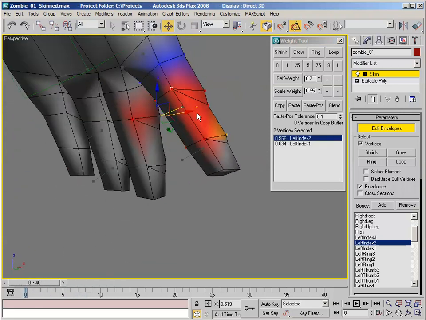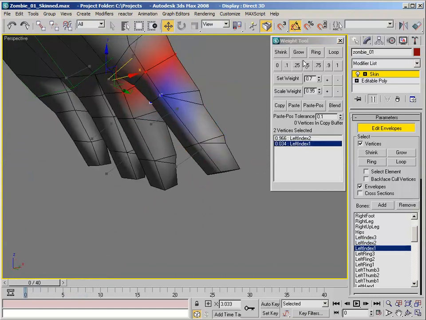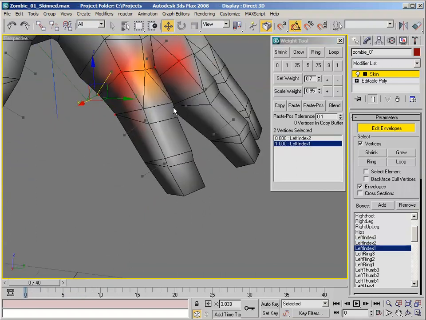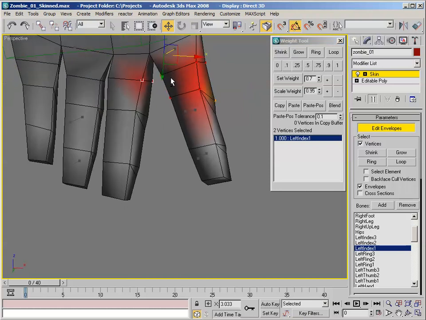And as before with the underlying vertices, we're going to weight them to the previous bone fully, and the verts on top will be half. And if you notice here, there are actually a few vertices which have been assigned to the wrong finger by the skin's default bind. We can just select those and 0 them, and you'll notice that when I clicked 0 there, nothing happened. They're currently weighted fully to the left index finger,